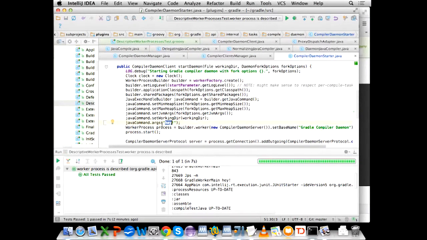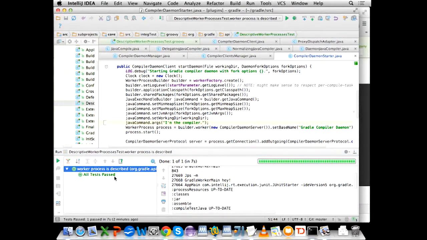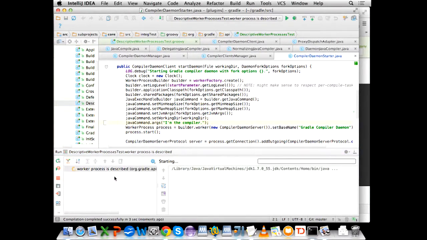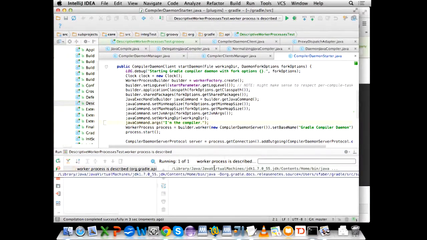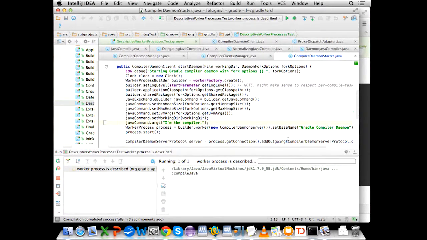So, okay. Let's put a reasonable name here. This is a compiler daemon starter, so I can just do: I'm the compiler. I'm going to rerun that. It's going to be better. It's going to tell me that I'm the compiler. But this is not so nice. If you take a closer look, you're going to see that